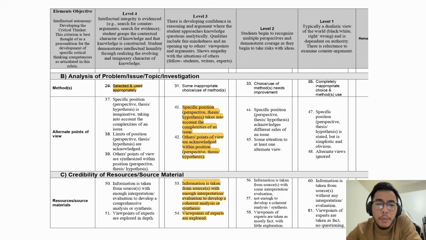The next section is credibility of resources and source material. Again, like I mentioned earlier, I wish I had more resources and reading material to analyze to get a more in-depth viewpoint. However, the credibility of the resources that I used in my Critical Review 1 is very high. Some of the information I got is from the aerospace companies' websites themselves, and the paper by the authors Ron Beck and Isaacson was published in the International Design Conference 2018. So this section I would rate level 3, just because I think there is a need for more references.